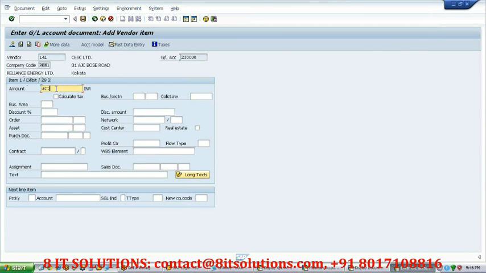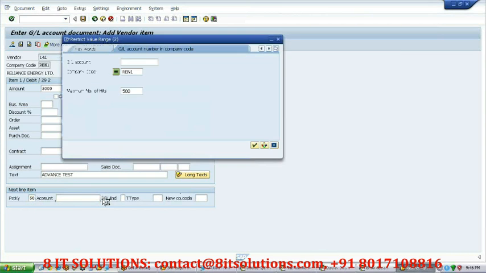and the rest you can put, let's say 5,000. You can put some kind of narration. Then you may go and put your bank GL account. You can have bank incoming or bank outgoing, so from there you can post the transaction.